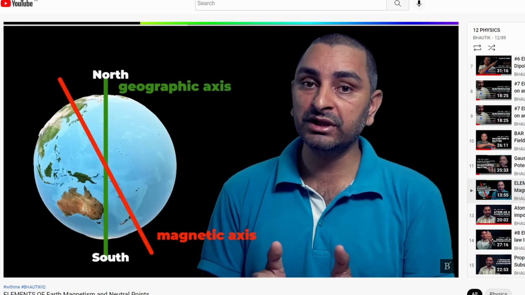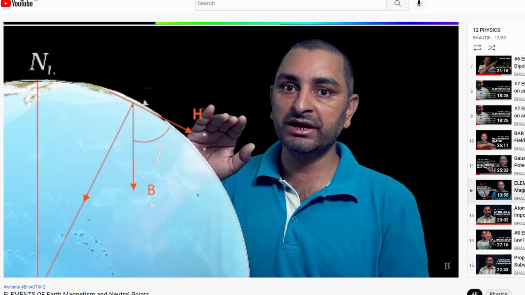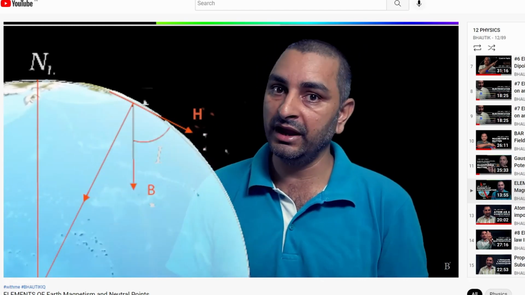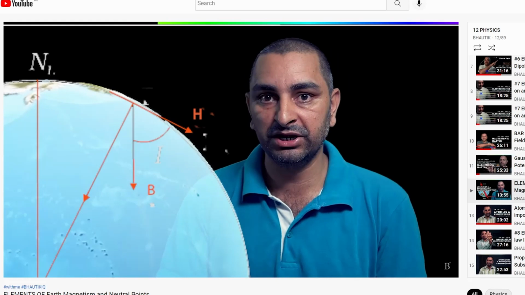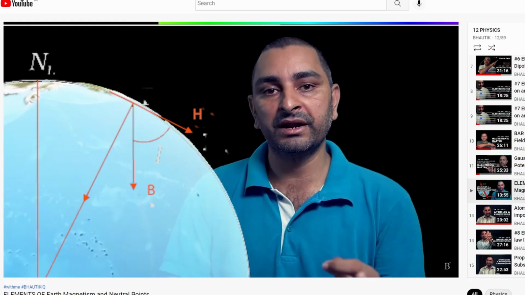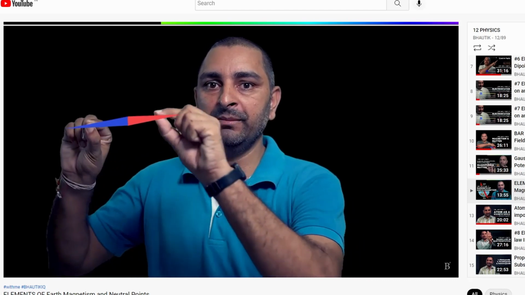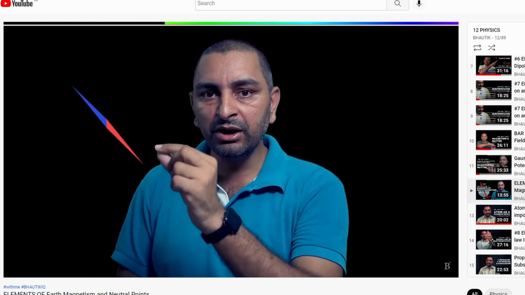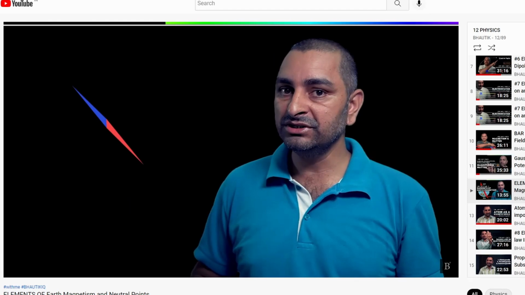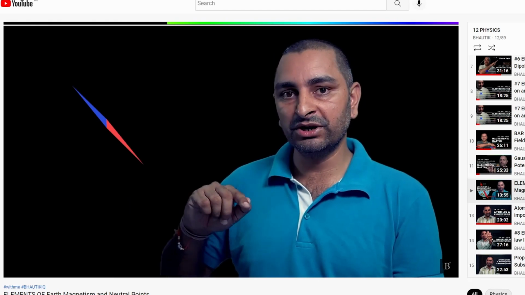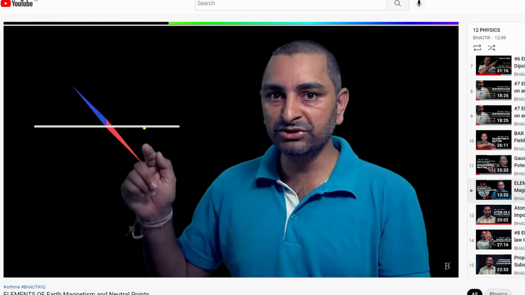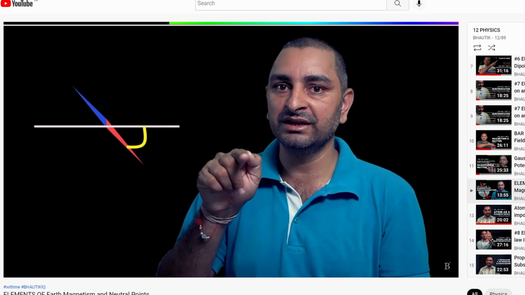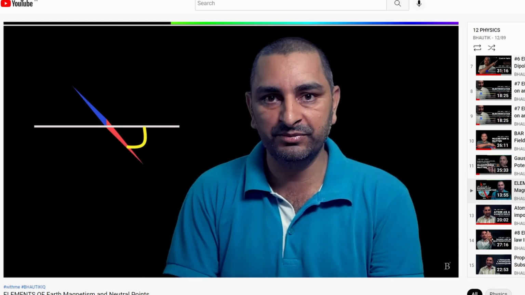Now it is observed that the angle this line makes with the horizontal of the earth at that point is known as magnetic inclination or magnetic dip. This angle can be observed by placing a magnetic needle at that point and leaving it freely. Then it starts rotating along the vertical direction. Now this needle aligns itself according to the direction of the magnetic field. Now this angle made with the horizontal line is the angle of dip, which is